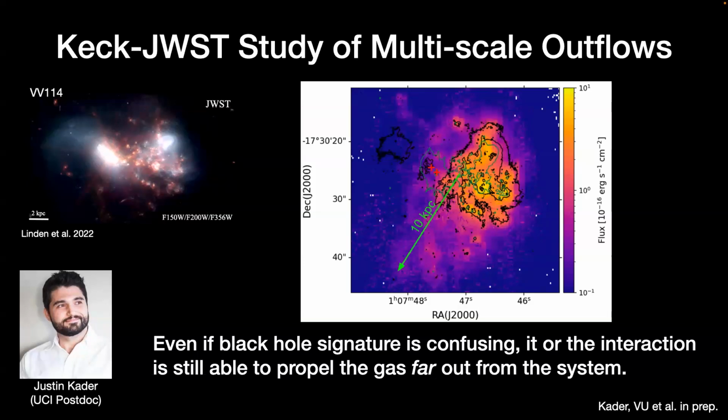So the other part of what I'm interested in understanding is not just the nuclear gas, but how it might influence the rest of the galaxy. So again, VV114, but this is work led by my other postdoc, Justin Kader, who has been leading this campaign of using KCWI, another IFU on Keck, where we are mapping the low surface brightness, large scale gas in these systems. So we have JWST data in, and here you can see the black contours are the same as the optical light. But the image here is showing optical [O II] flux at 3727, which is low